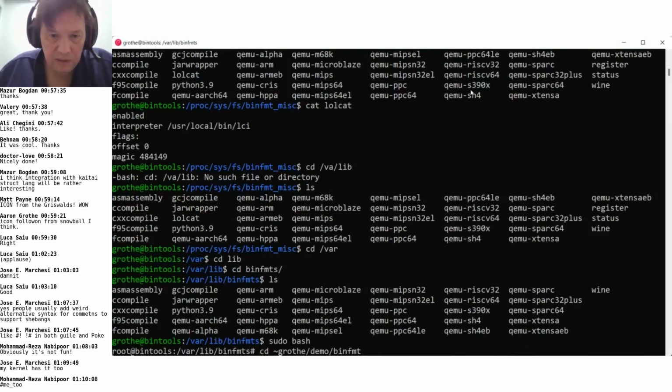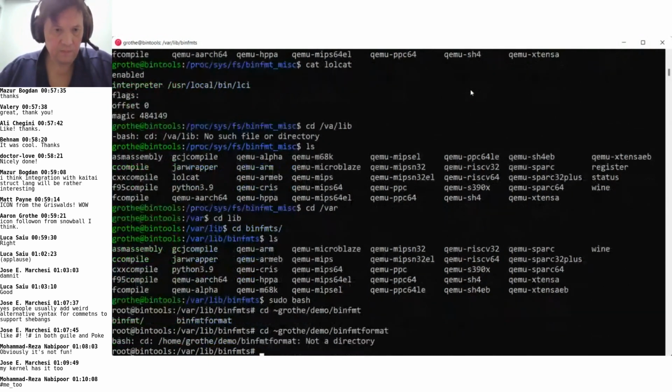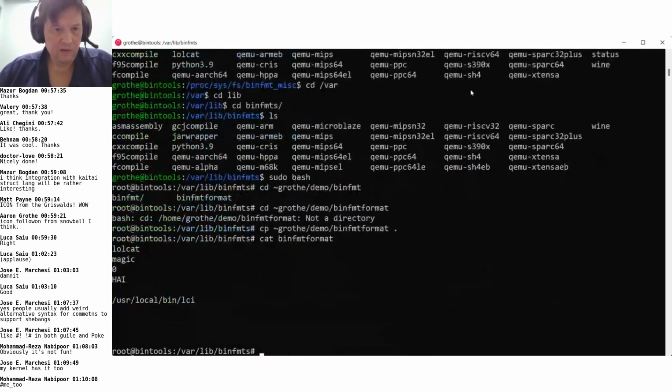Let me scoot that up just a bit. I should have put this in my buffer, but I didn't. So there's a file now in binfmts, which is this format, which does the lolcat magic, the offset, the magic string at the top, and what interpreter to call. So now if we go ahead and reboot the box,